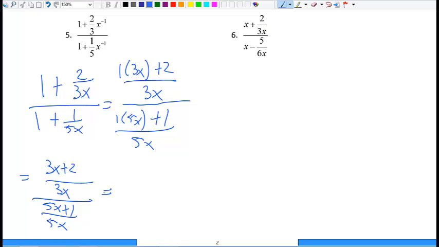And then if I multiply by the reciprocal, I get 3x plus 2 times 5x over 3x times 5x plus 1. And we can distribute this in. I would always say follow the directions of whatever your calculus teacher's given you. So we could stop here, or we just distribute it on and keep going. So if we distribute that, we get